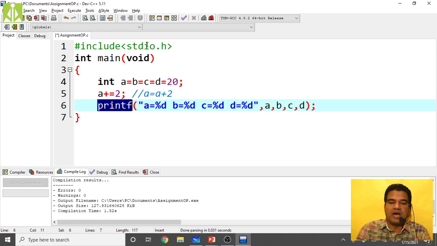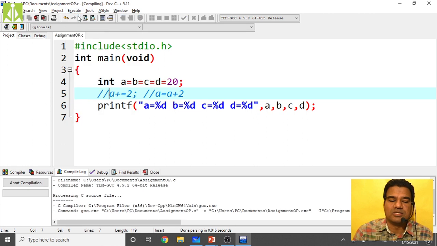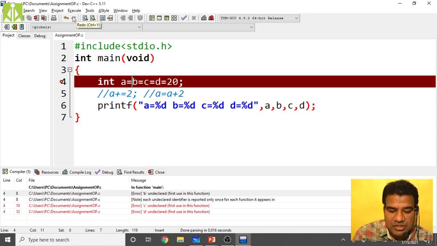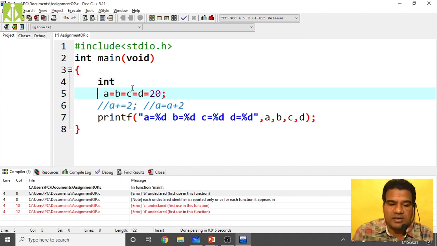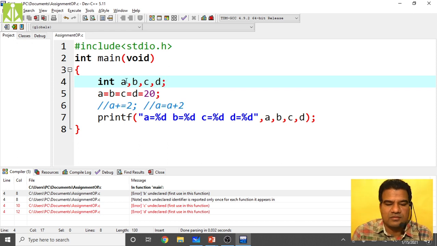So quickly, now what will happen? As we said, here you remove this statement. This complete statement you put in comments. As we said, a value, b value, c value, d value, we are assigning using the multiple assignment procedure. So all the values will become 20. Simply compile. Yes, it is giving some issue over here. These operands must be defined first, then you can do the compound assignment, not at the same time. So now it will work.